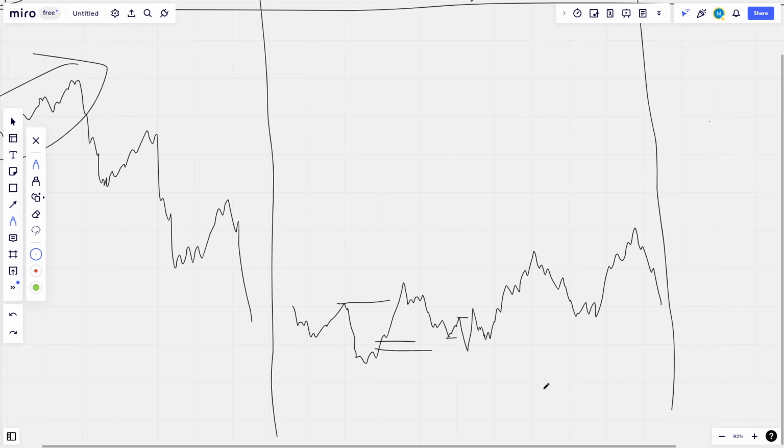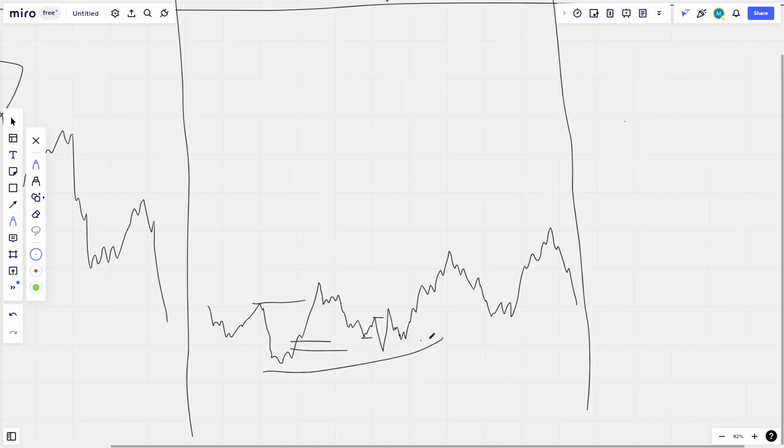So what happened in here? If we were to use as our bias the 4-hour chart, we would have believed this entire time that this is a bullish trend, that the market is just going to continue higher. So instead of believing this could happen, we were most likely believing that it is very likely for the market to continue to go higher from, as an example, a fair value gap in here.